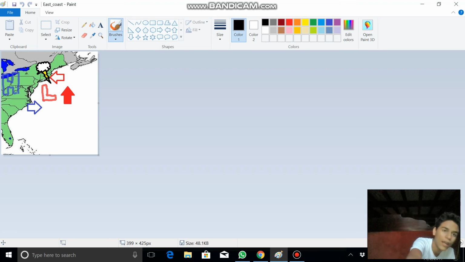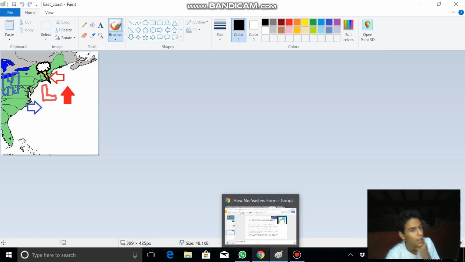And the cold air starts to rotate like this, and the warm air tries to fill in the cold air, while the cold air tries to fill in the warm air. Basically like a game of tag. The high pressure trying to tag the low pressure, but it never happens because we have that Gulf Stream continuing to make the air pressure a lot lower since it's a lot warmer along the Gulf Stream.